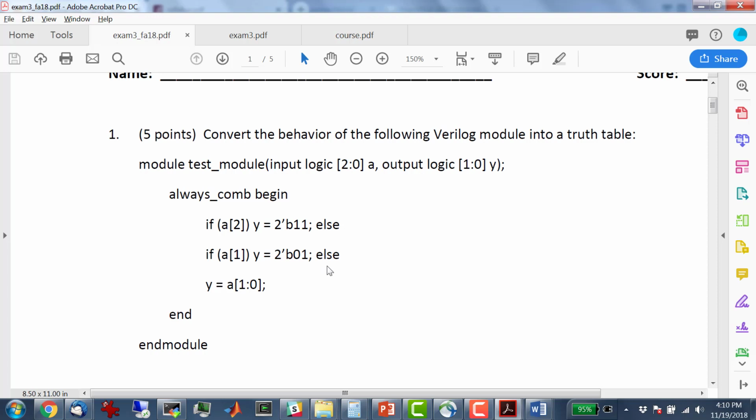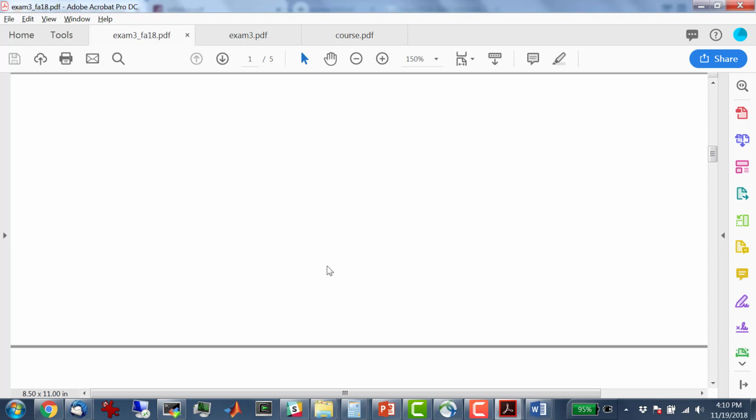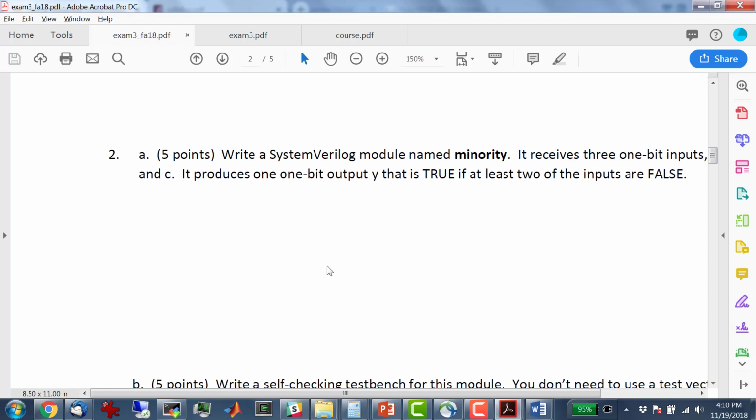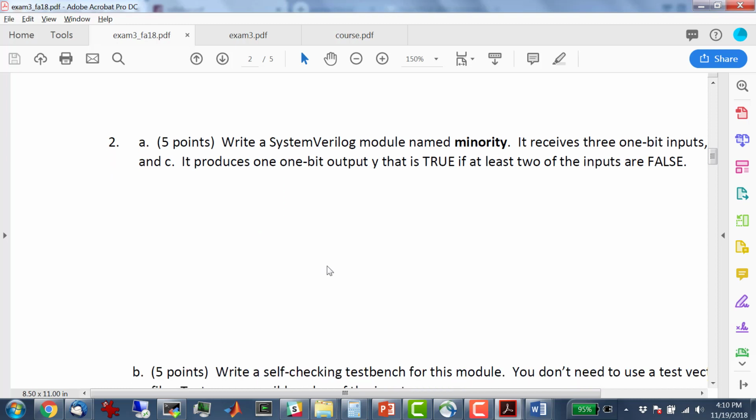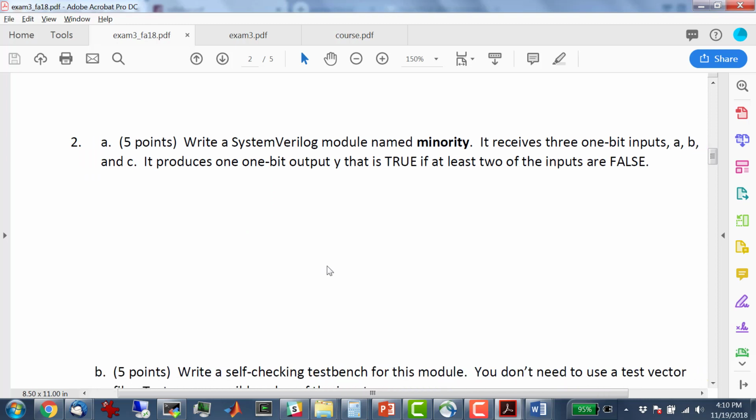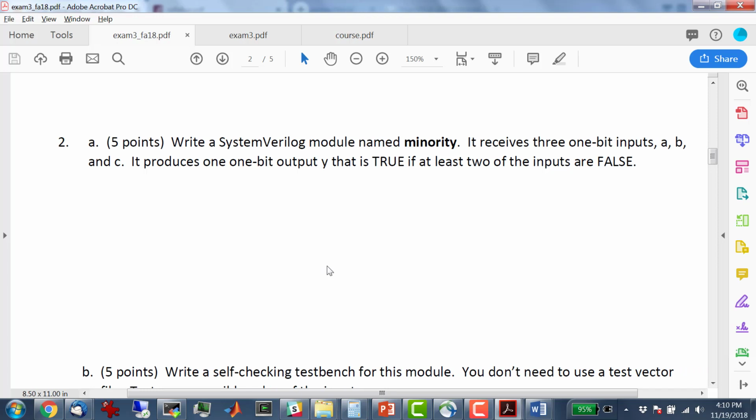Any questions? Now some of you put don't cares on the table to reduce the number of rows you had to write out. That's fine, that's no problem. But this is a fully enumerated version. Any questions? Okay, question 2. Write a SystemVerilog module named minority. It receives 3 1-bit inputs, A, B, and C, and produces 1 1-bit output Y that is true if